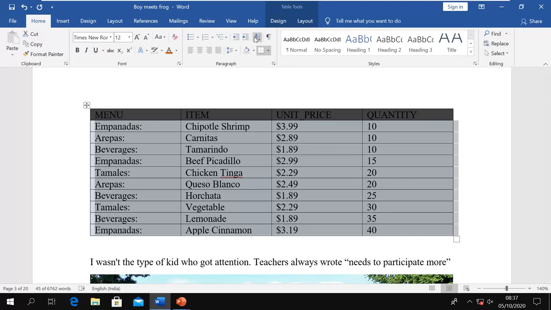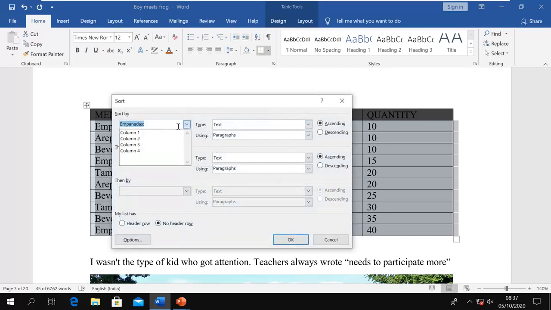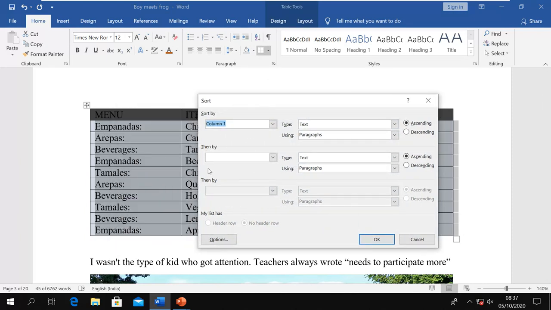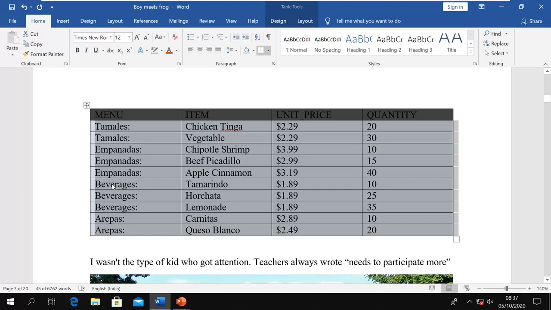You can even go for other columns also. Like I go for column 1, and this one contains characters, not numbers, so it is saying text. You can select from here date, number, or text. So this one will be text. How do you want to sort, ascending or descending? Let's say I want to do descending, Z to A, and you can see it is sorted from Z to A.